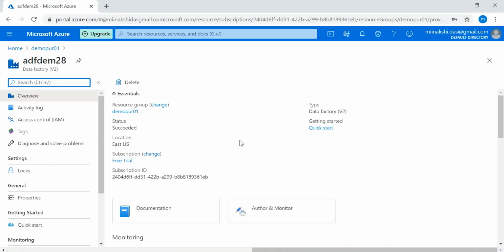In SSIS packages, we create many tasks in control flow, and we have data flow. Here also we create many activities in the pipeline, like copy activity, data flow task, delete, or executing other pipelines from the master pipeline. These kinds of activities we can do from the pipeline.